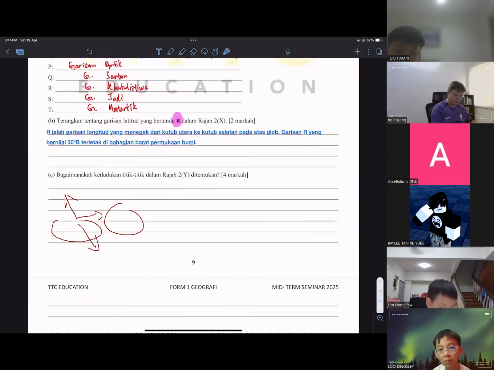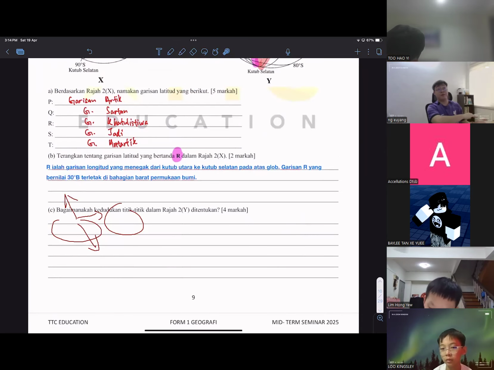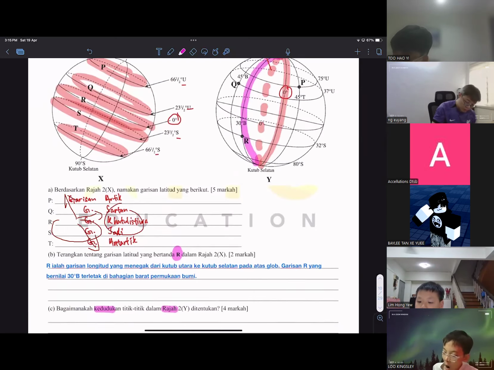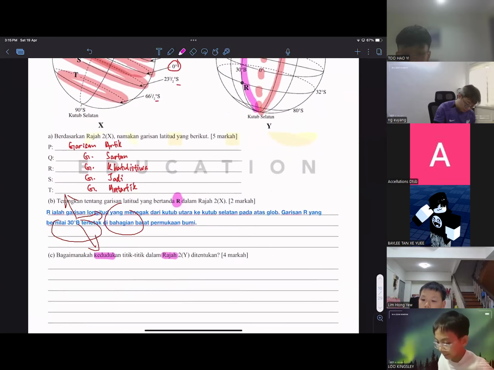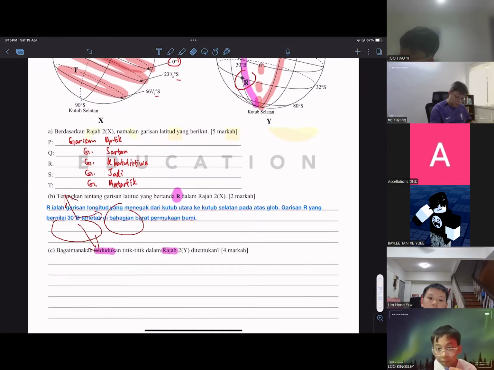Your Form 1 have to learn all the foundation, which means the basic concept. Then we carry forward to Form 2 for another new topic. So that's why Form 1, Form 2 is just the foundation for Form 3. And also we try to learn the longitude and latitude first, right? Okay, so 2-1. So that's why they're asking for kedudukan in Rajah 2. So they're asking for titik PQR. So we have titik PQR. So write that in your nota.